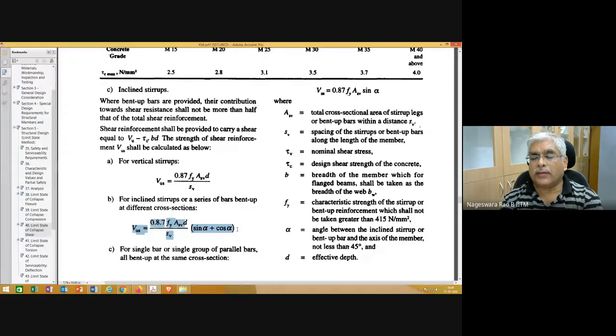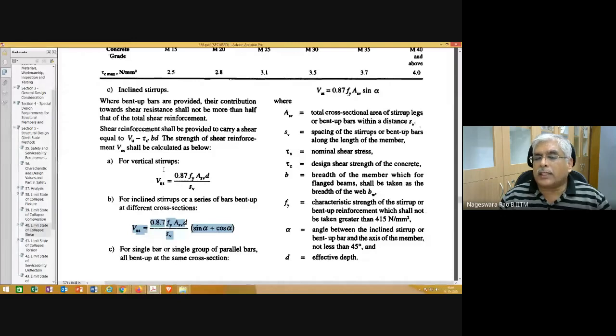Take a note of that equation. So that equation, whatever is highlighted, is more general. If you understand how that equation is obtained, you can degenerate it to the first or the third equation that is appearing on this page. So this equation is more general. We'll understand in tomorrow's class how this is obtained.